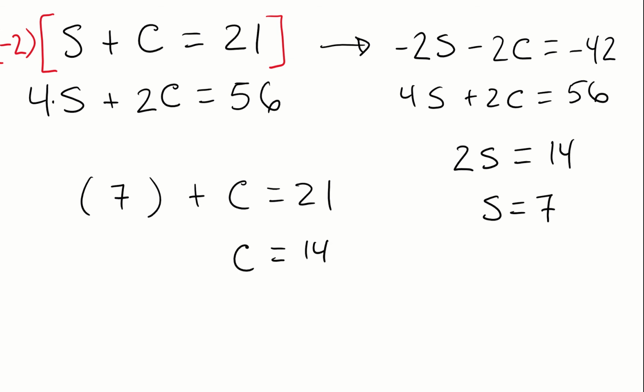So two things, right? I should write this down. Number of chickens is 14, and the number of sheep,